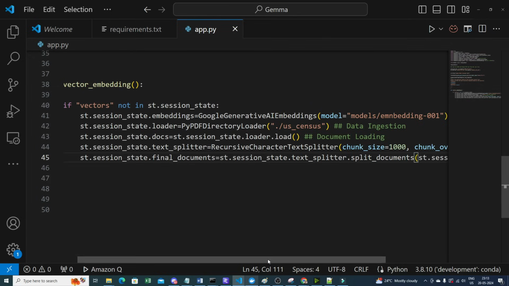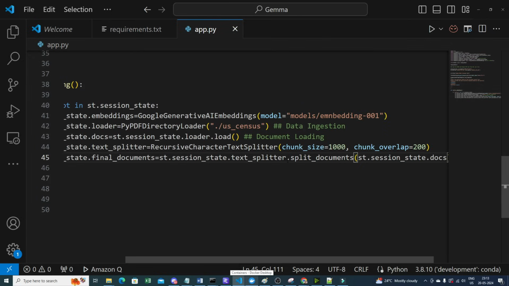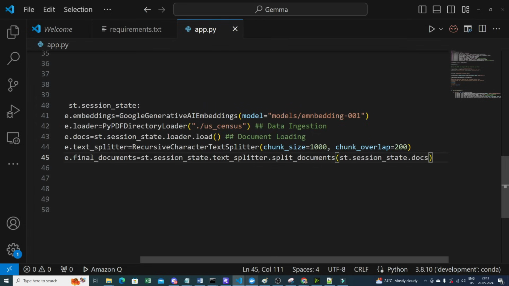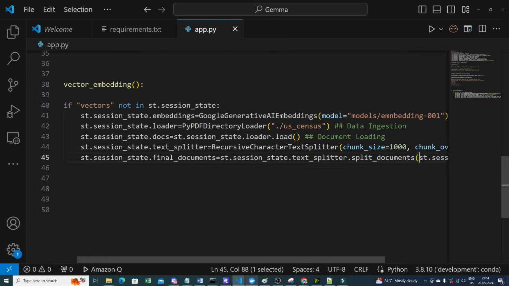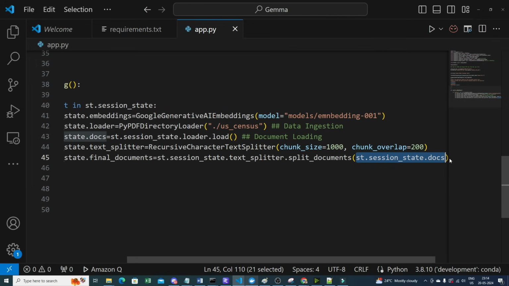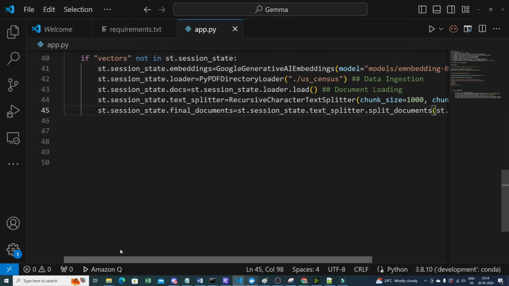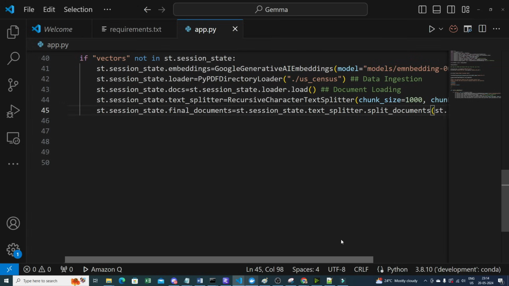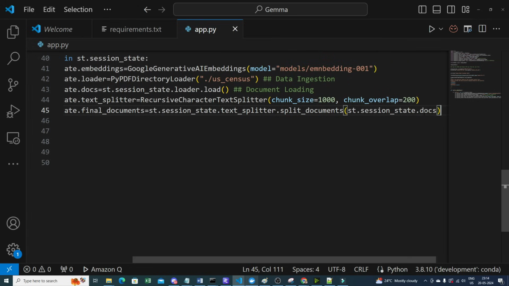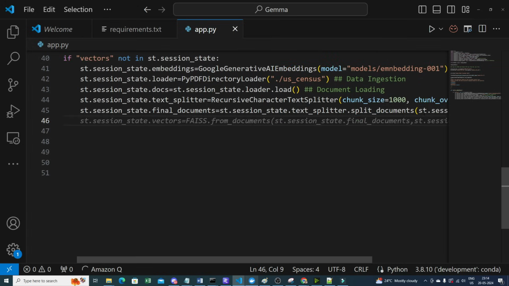So here we are writing st.session_state.textSplitter.split_documents, and here we are going to use this entire docs. That is the reason we have given st.session_state.docs. The reason why we are saving all this in session state is because we should be able to use it anywhere that we require. And finally, after doing this, we will create our